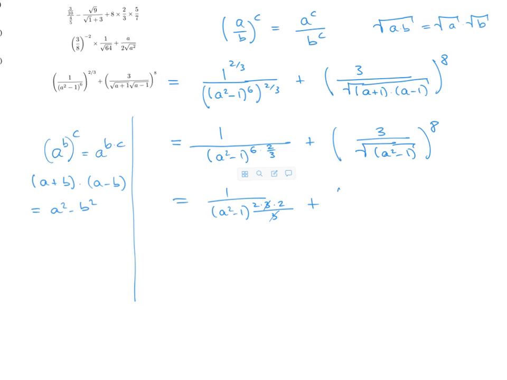So this would mean that I have 3 to the power of 8 divided by square root A square minus 1 to the power of 8. And then I get 1 divided by A square minus 1 to the power of 4 plus 3 to the power of 8. This would then be,